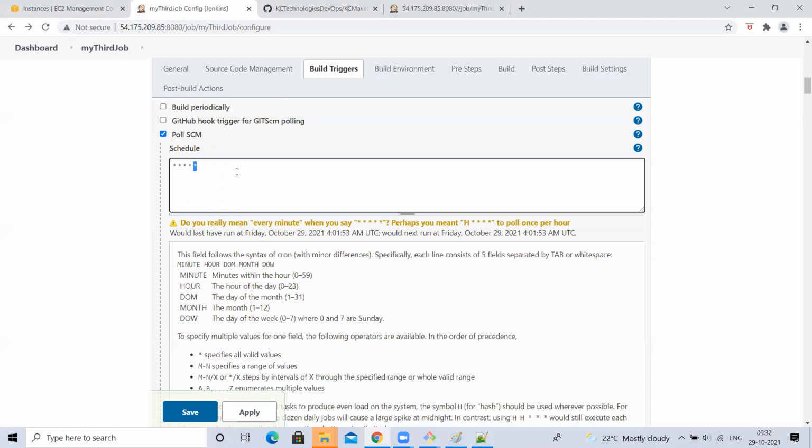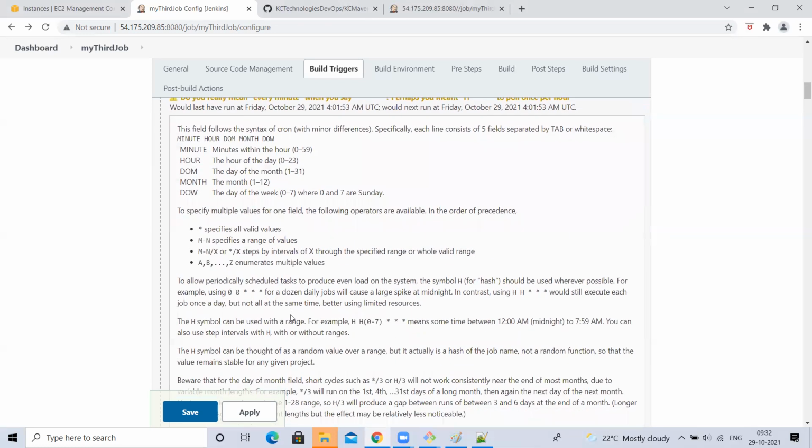You can restrict a particular cron expression, meaning this polling should work only if the date comes on Sunday, something like that. I want to execute for every minute. Star means everything. Every minute, every hour means in 24 hours, every minute: 9-1, 9-2, 9-3, 10-1, 10-2, like that, for 24 hours. And every day, from the 1st to the 31st, all 12 months, and even if the day comes, whether it is Sunday or Monday, whatever it is, for each and every minute I want to execute this one.